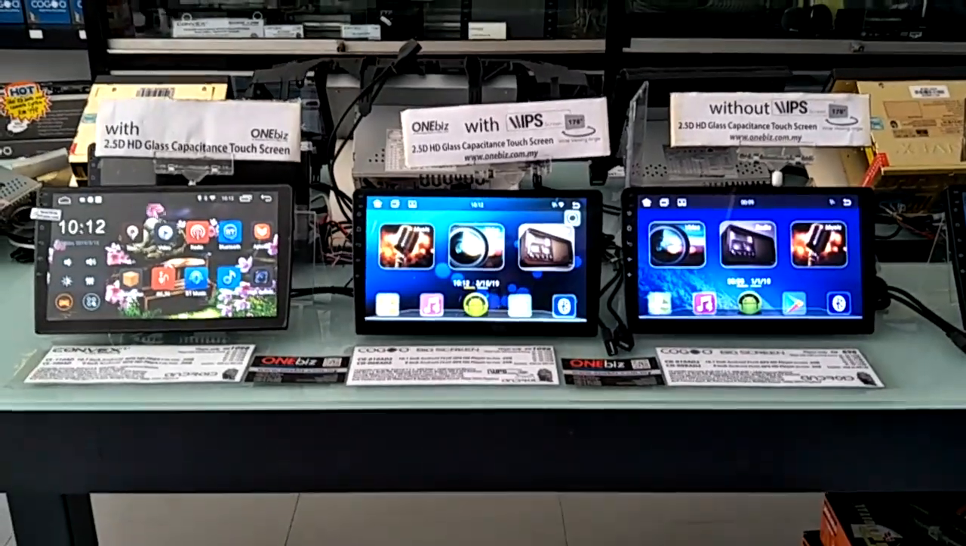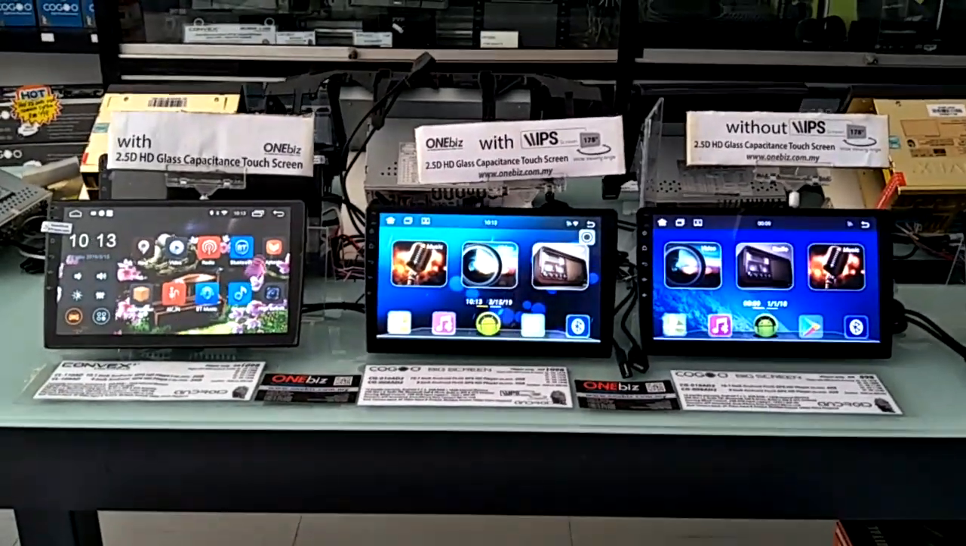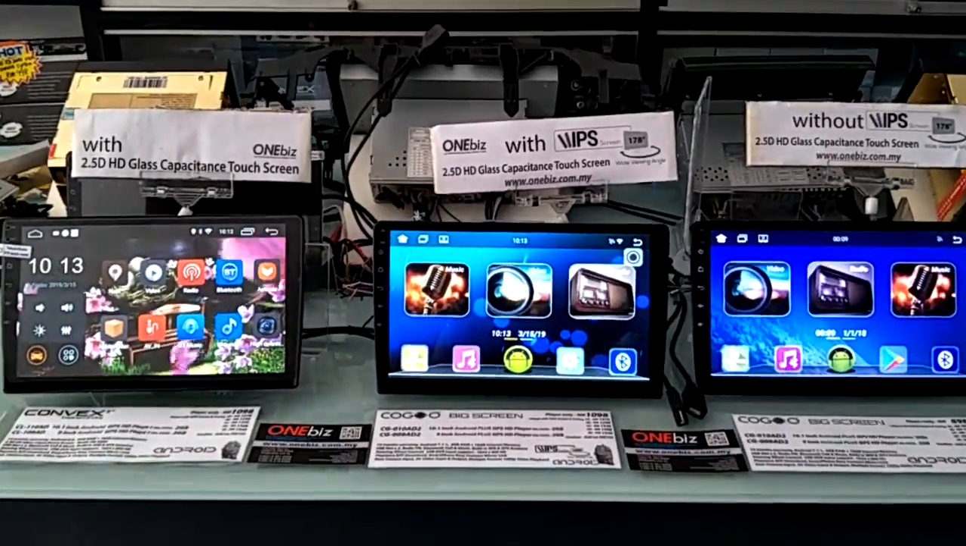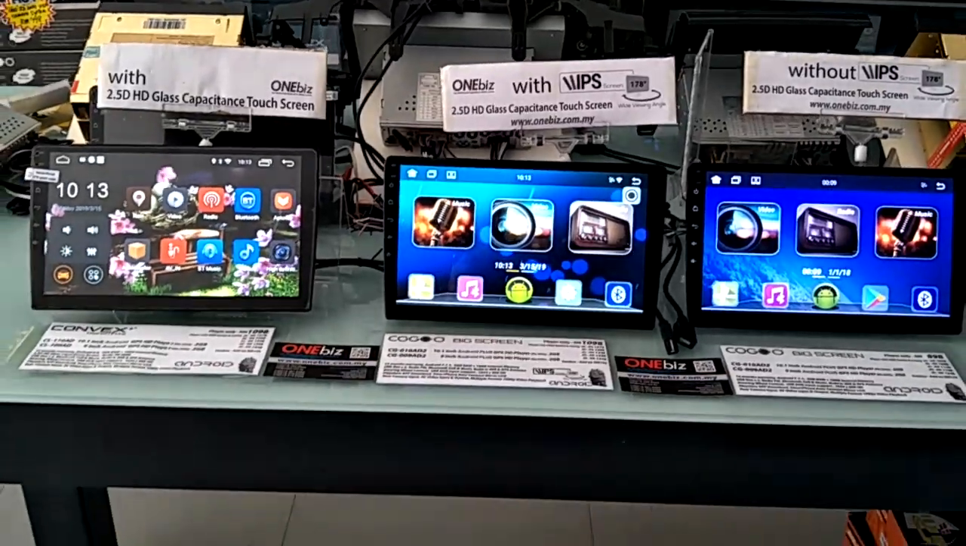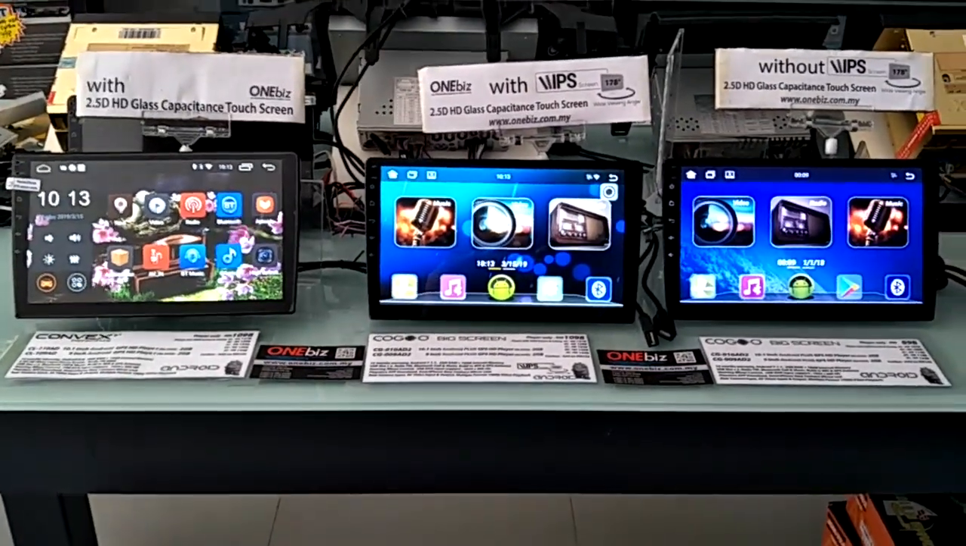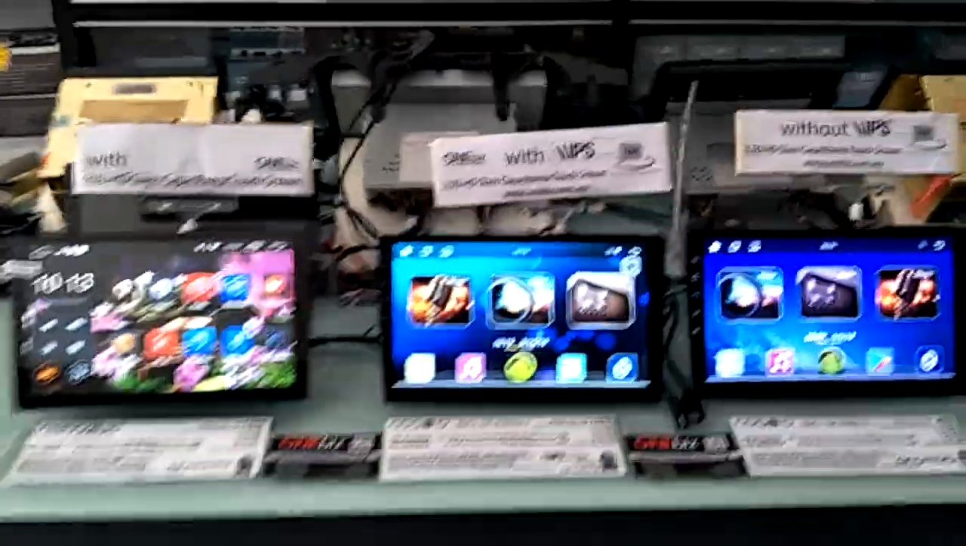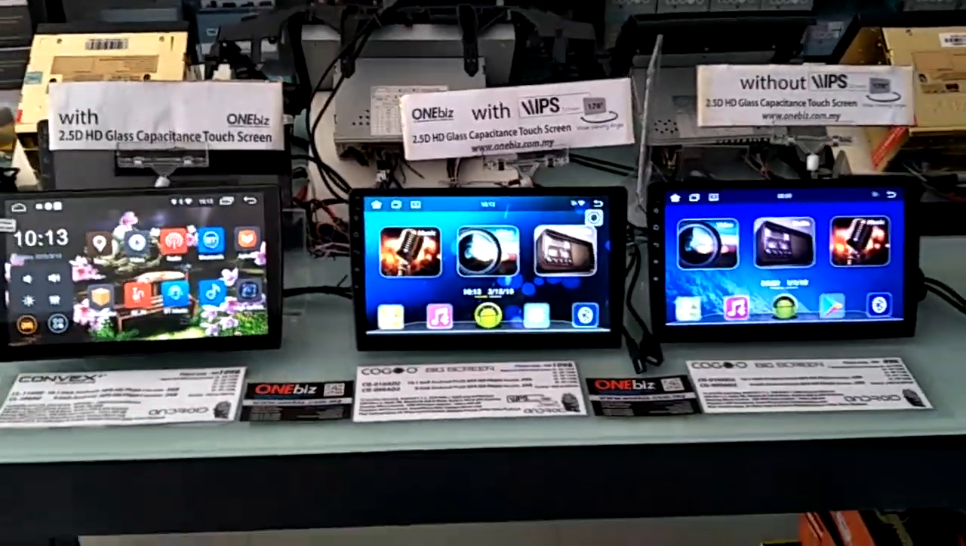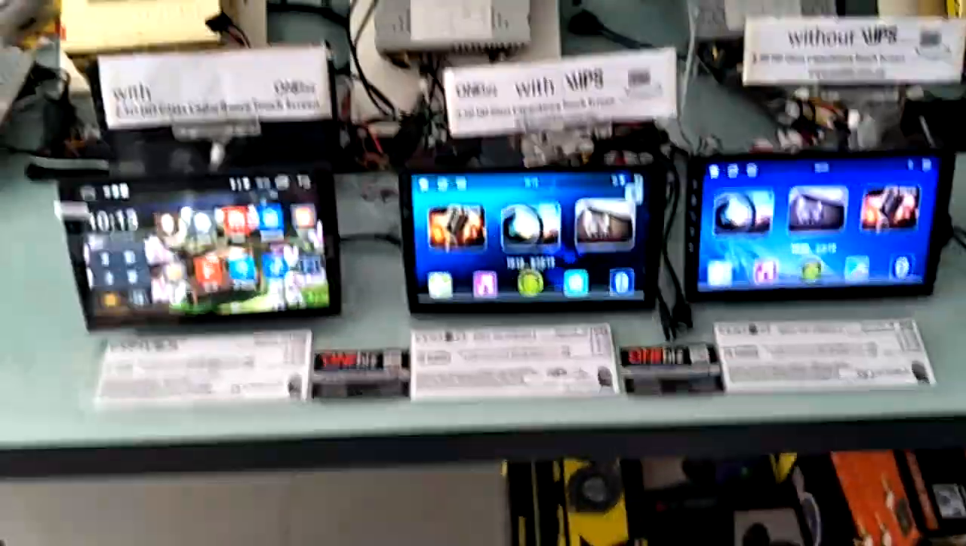Now I show you the IPS. What is IPS screen? IPS is multi-angle wide viewing display. So this is a front display. Everything is same. If you view from the top,